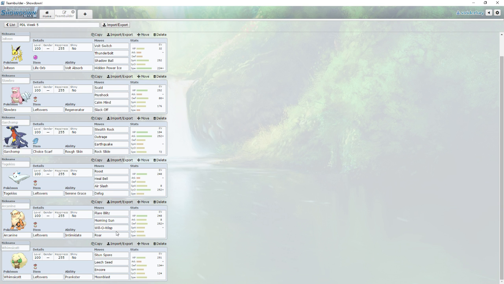Arcanine here, I brought this kind of set before. It's basically just to stop setup. I got the Will-O-Wisp to hurt his physical attackers. This makes his Gallade significantly more useless. It also helps against his other Pokemon, and I can Roar out his Talonflame, because I'm assuming I'll switch it in, he'll go for Swords Dance,